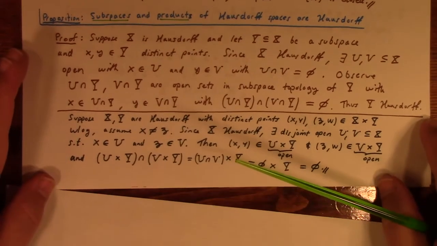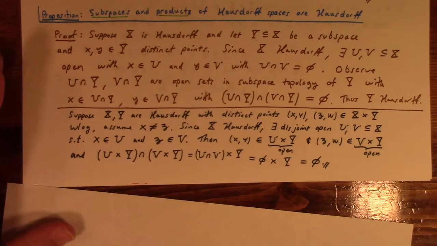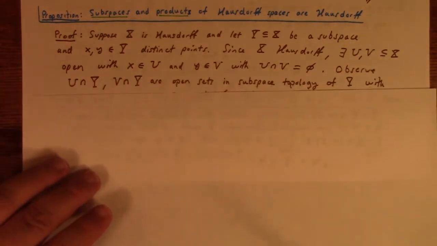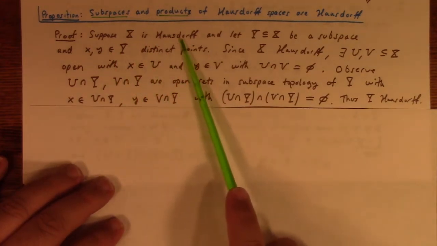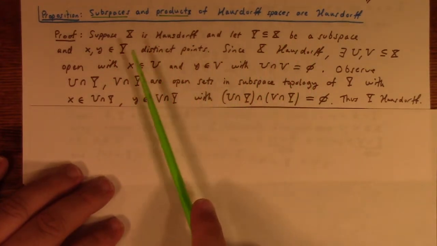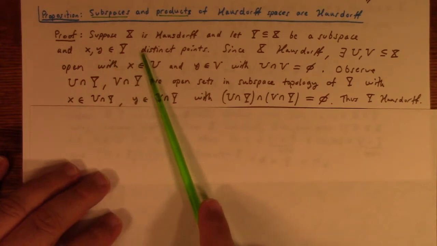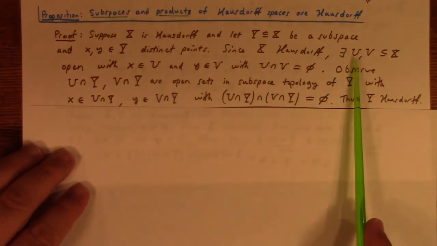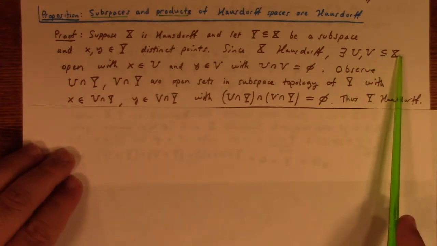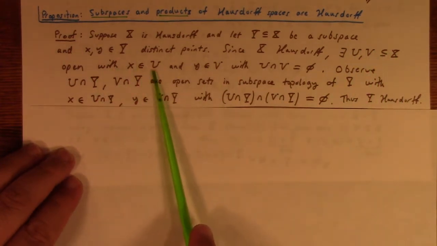Next proposition. Here we go. Subspaces and products of Hausdorff spaces are Hausdorff. Suppose X is Hausdorff. Let Y be a subspace. Let x and y be distinct points in the subspace. Again, since X is Hausdorff, there exist U and V subsets of X with x in U and y in V,